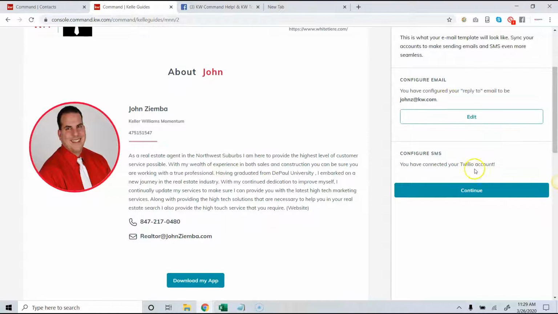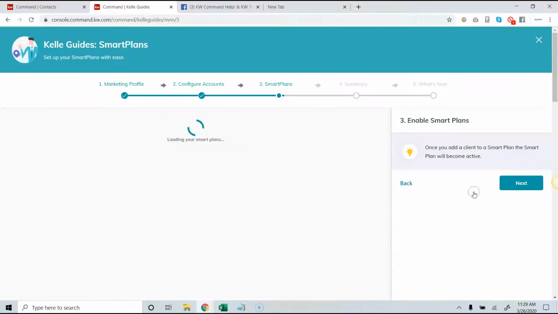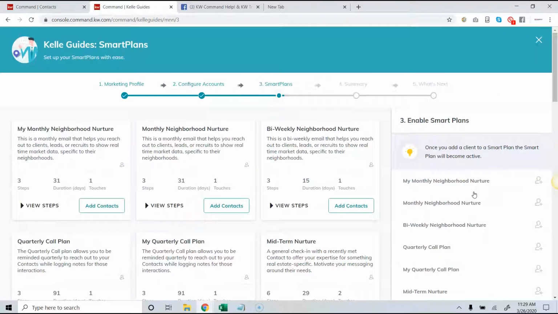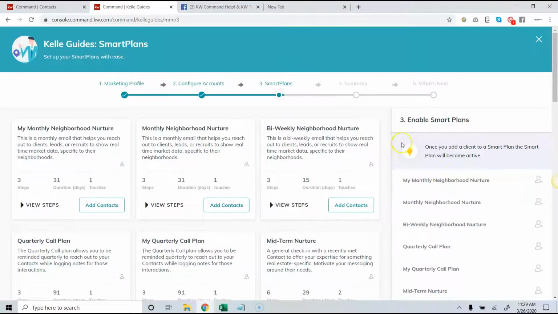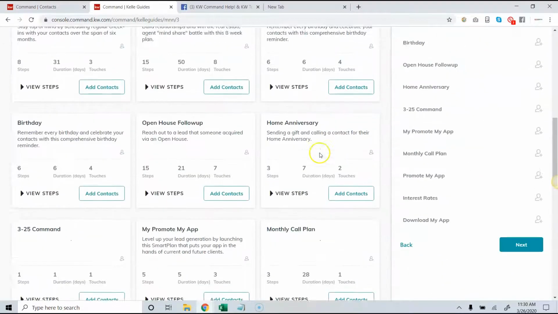This is the new command email that is created. Also, if you have a Twilio account, which is for text messaging, you can connect it or make sure that it is connected. You can see I have mine connected. If you don't have it, it's not required. We're going to hit continue, and then it's going to say enable smart plans. I don't suggest that you actually add contacts from here. I think you should, I'm just showing it